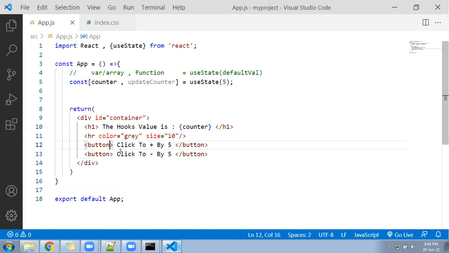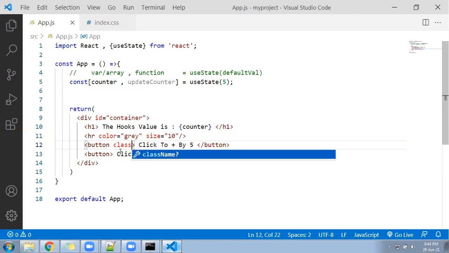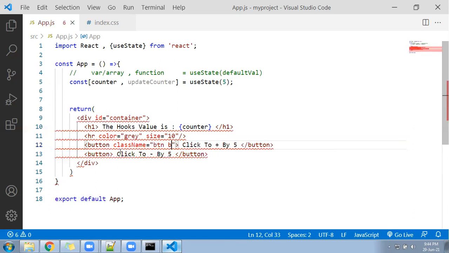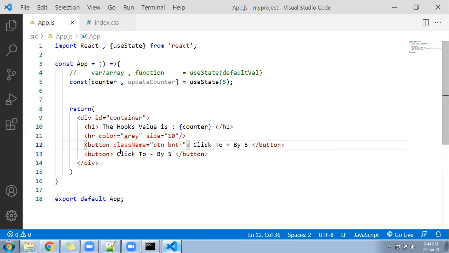For the first button, since I have already imported Bootstrap, I will call a class here. className equal to btn, btn-success, and I'll keep btn-lg, and I'll keep m-3 also. So a 16 pixel gap will get applied on all sides. M3, sorry, M3.